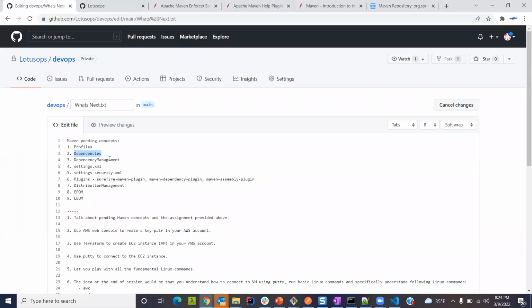Transitive dependencies, does that make sense so far? And transitive dependencies is one of the whole reasons why people love Maven, okay? What Ant does not give. Ant with Ivy gives, which was produced later, but Ant by default does not give that dependency management. All right, many a time I've seen experienced guys telling me they don't know what's the difference between dependencies and dependency management. Okay, and this dependency management is very important for understanding a POM, and at least a BOM,